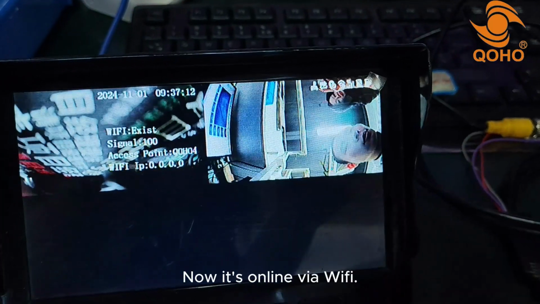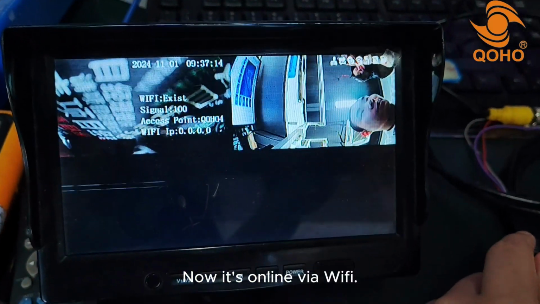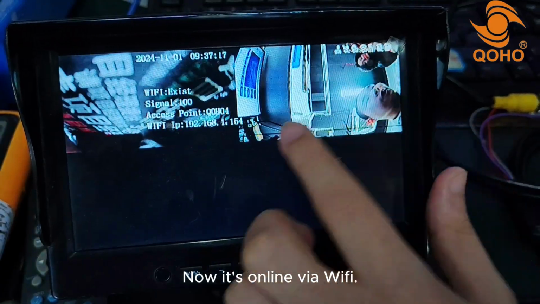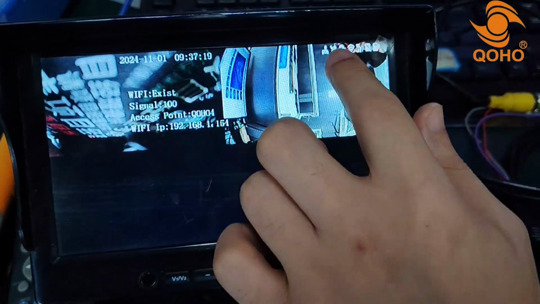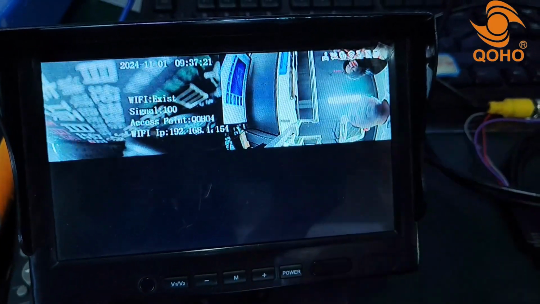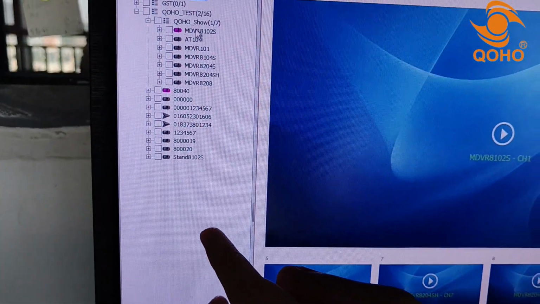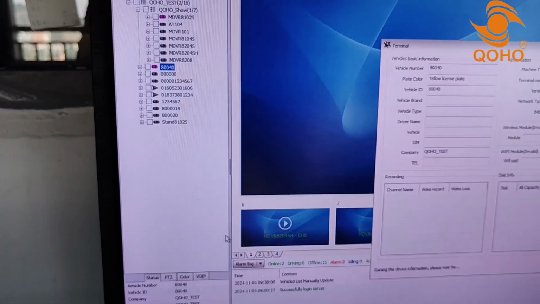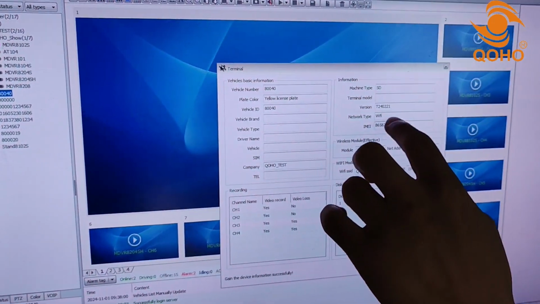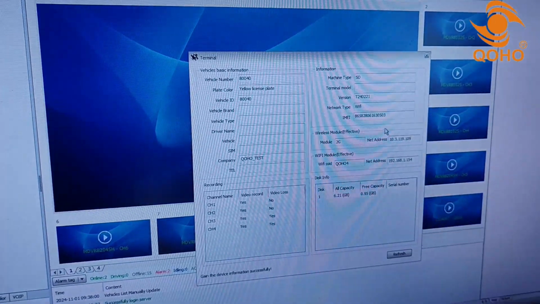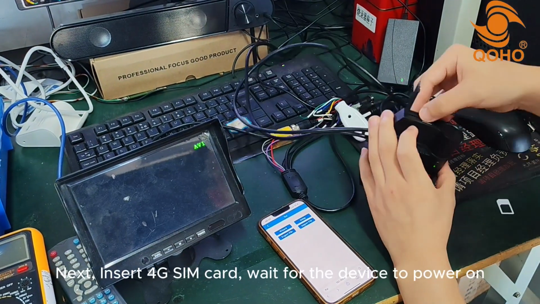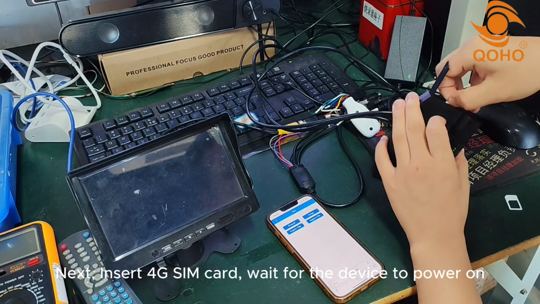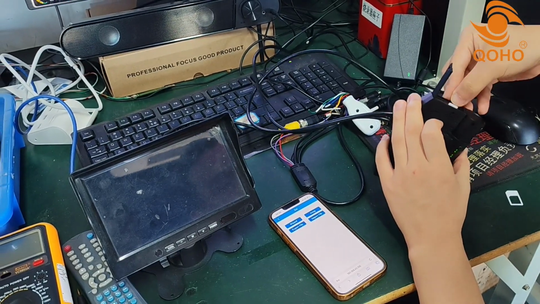然后，OK， 已经连上 WiFi 了。现在已经切换成 WiFi 上线，在平台更新一下，这里可以看到已经上线了，然后点击可以看到已经 WiFi 上线，使用 WiFi 提升。 Next, insert 4G SIM card. Wait for the device to power on. 插入4G 卡。